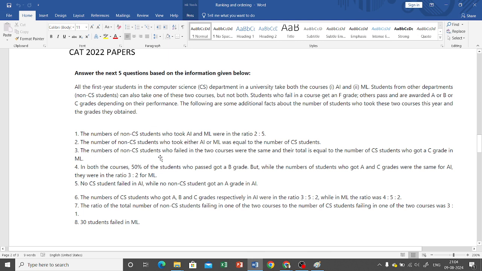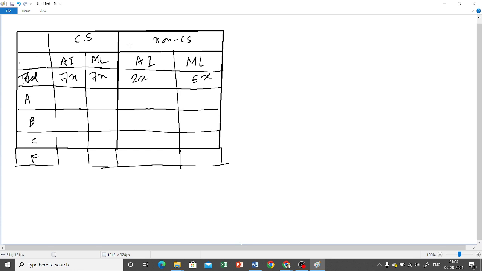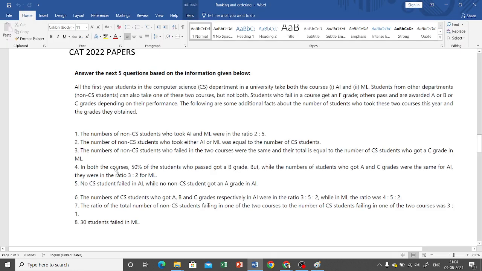Now the number of non-CS students who failed in 2 courses were the same, and their total is equal to the number of CS students who got C grade in ML. Okay, তাহলে number of CS students C grade in ML, ধরো আমি এটাকে নিলাম হচ্ছে এই. দেখি তো আর অন্য কোনো ইনফরমেশন দেওয়া থাকে কি।